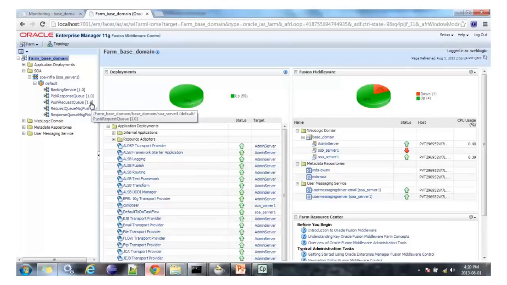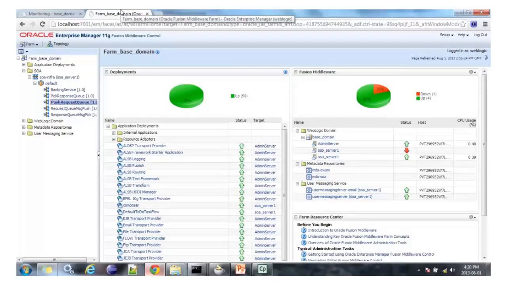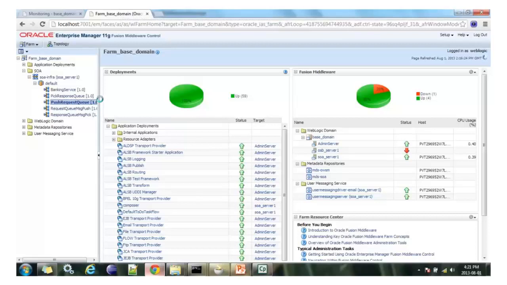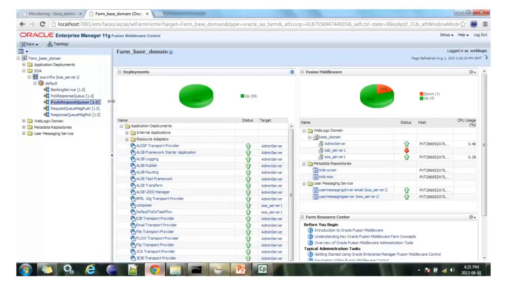Now we are going to instantiate a flow, and we are going to see how the activities happen in all the different BPELs, and the data is finally received by the client. To test a composite, you have to click on its name. So I have clicked on push request queue. Now the home page of this composite would open, where we can see all the instances which have been